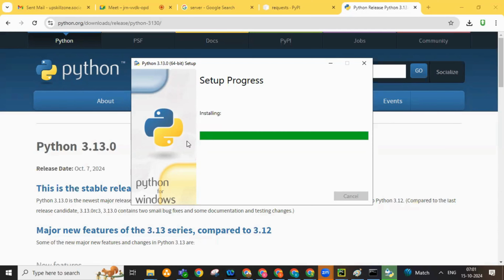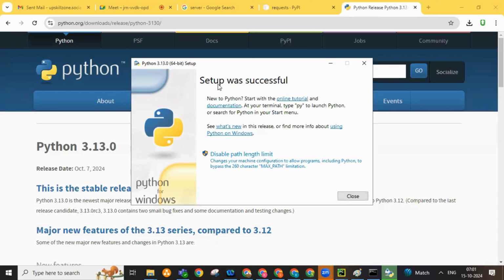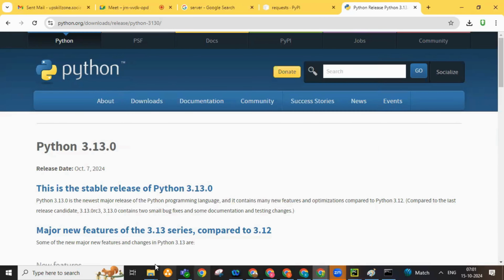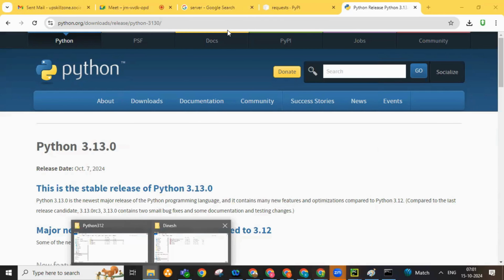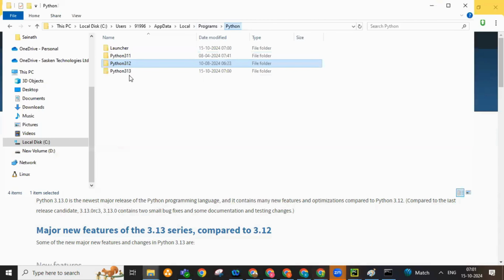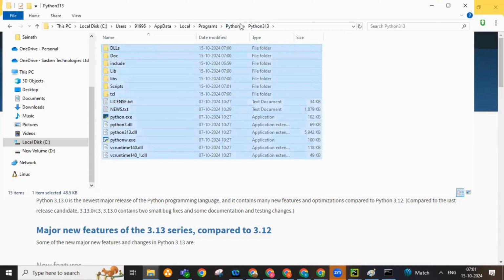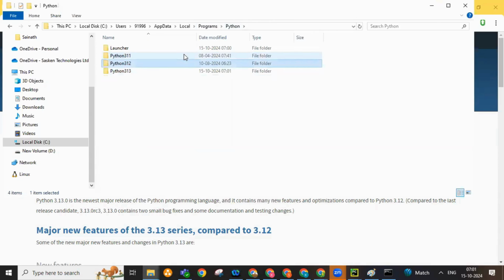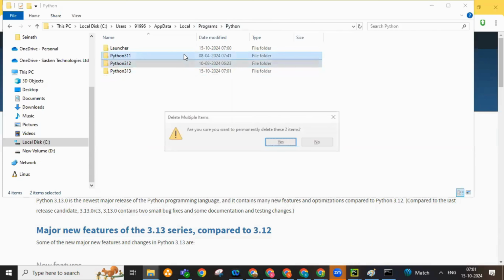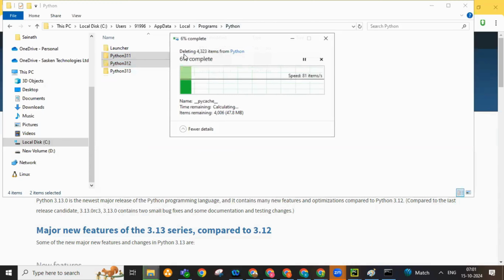Now, see, the setup was successful. What does that really mean? It means that we have installed Python successfully, Python 13. Okay. Now, if you go back here, now go to the same location. And here, you can see one more 13. Okay. And now this is a proper one actually. Now, what I'll do is I don't want to use these two anymore, because it is crashing my application. Let me wipe it out from the system,